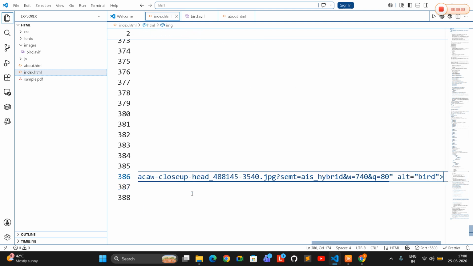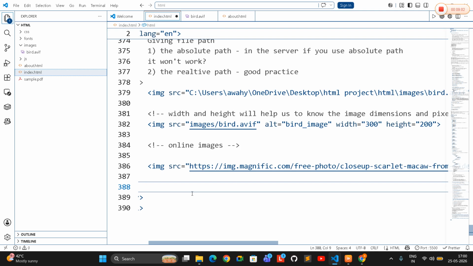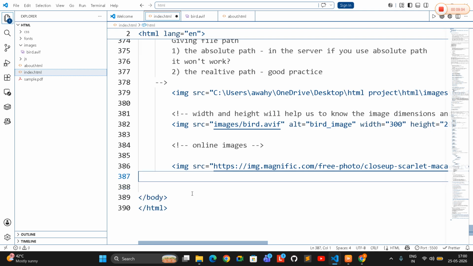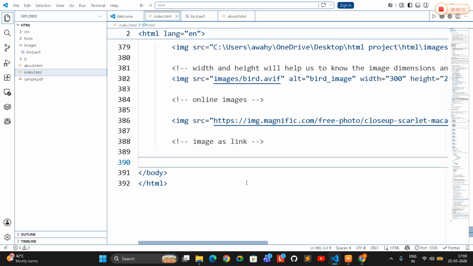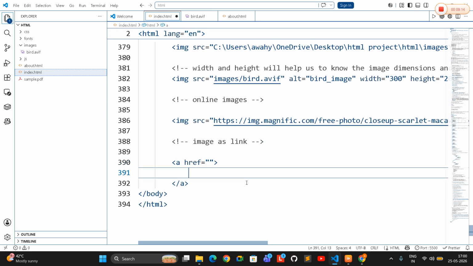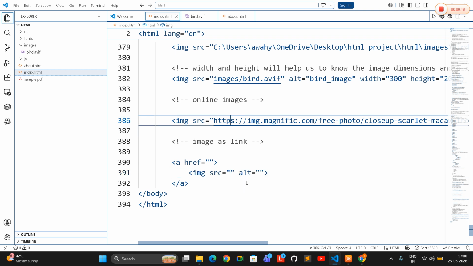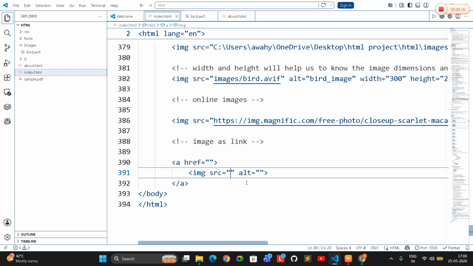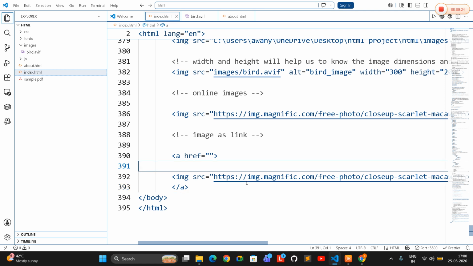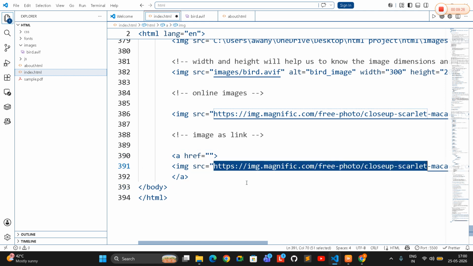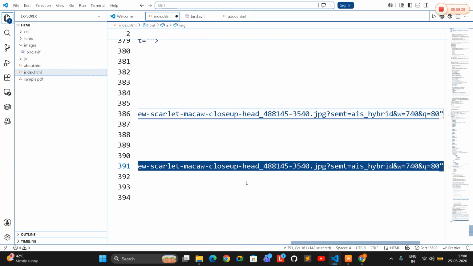Next. So we can use external links this way, no matter what. You can even use an image as a link. We have seen this in the last video where I explained to you about links. Let me take a link and inside this, I can take the image. Actually, I'll copy this and I'll paste this directly, and inside this I'm going to grab this entire path,